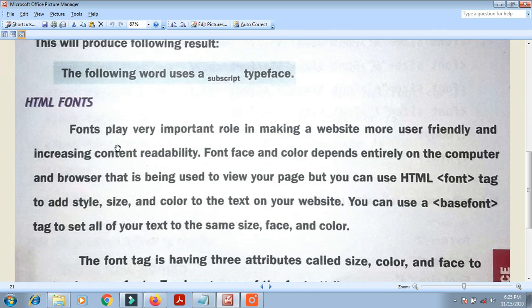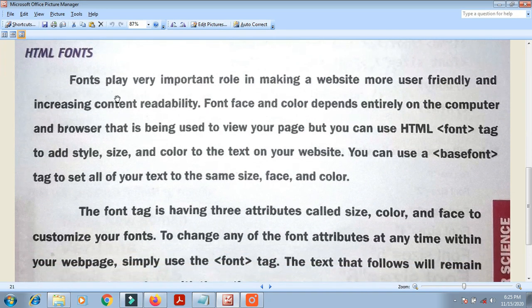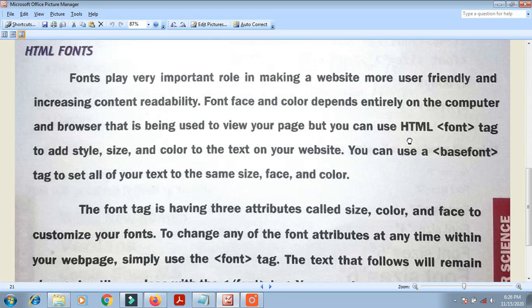Next one, HTML fonts. Fonts play a very important role in making a website more user friendly and increasing content readability. The font face and color depend entirely on the computer and the browser used to view your page, but you can use the HTML font tag to change the font information.